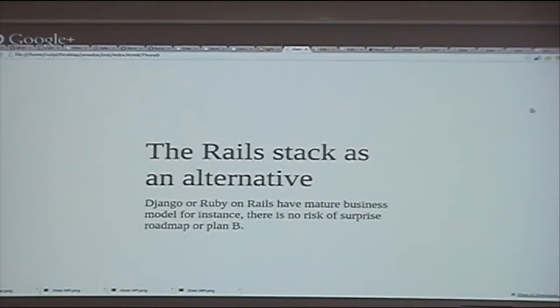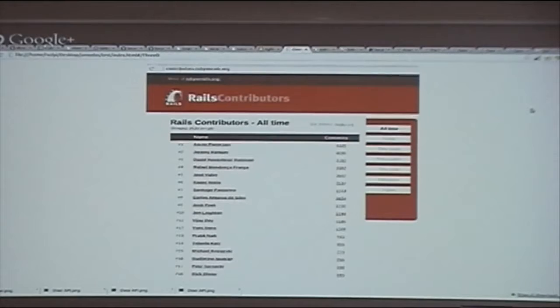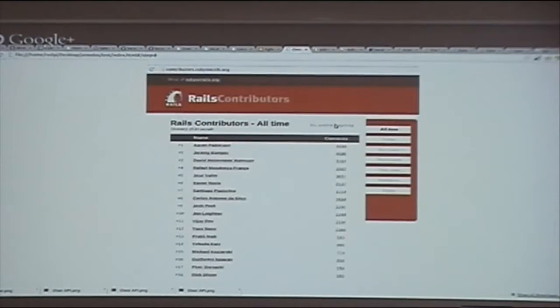Also, look at that. Something like Ruby on Rails, you have more than 1,500 contributors over a decade. That's a lot of smart people that do exactly the right stuff in a collegial way to make the best framework. And I would say it also largely happened, for instance, with Django. But